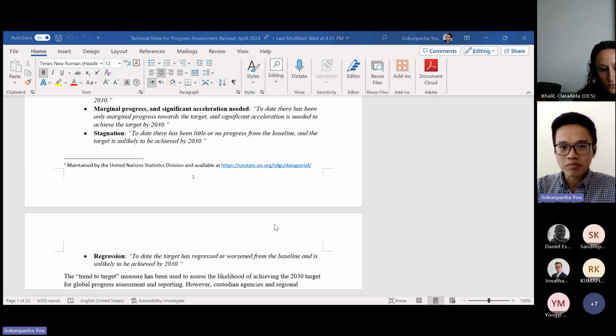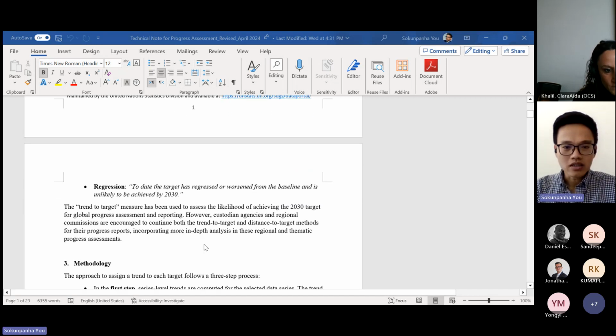And secondly, also for purely logistical reasons, the SDG progress report is a parliamentary report and it's produced in grayscale. There's no color in it. It would be very, very hard to visualize if we have 5 colors plus a gray for no data. So we decided to stick to 3 for the SDG report, but for our own glossy report, in which we have much more control on the design, we will work with the designer to effectively visualize the new 5 trends that we have implemented.